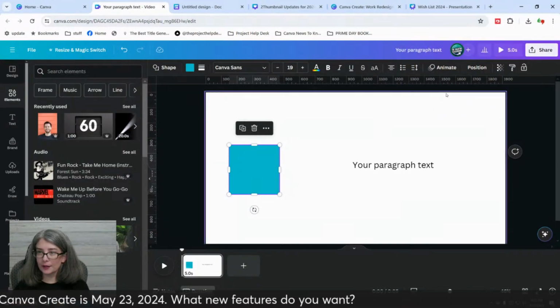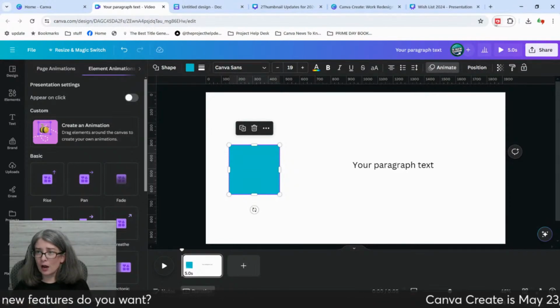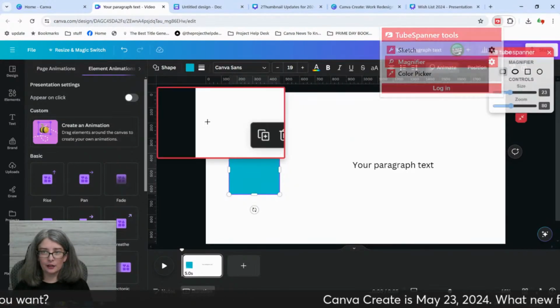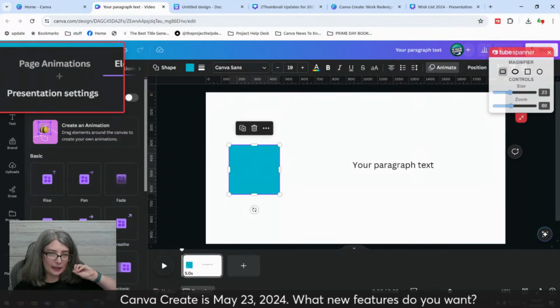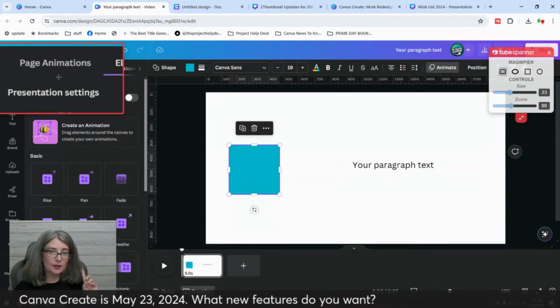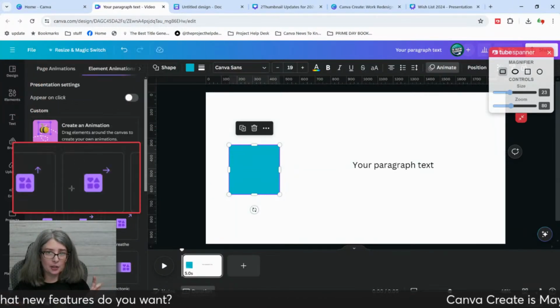We're going to click that. And let me pull down the magnifier again. On the left hand side, there's page animation and element animation.